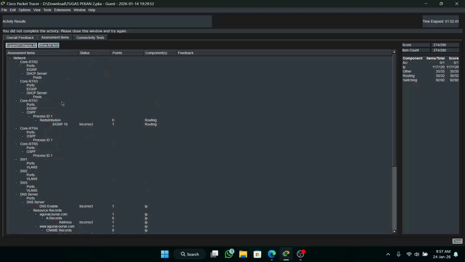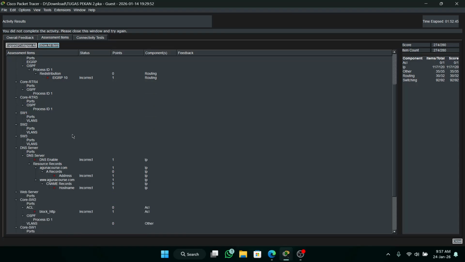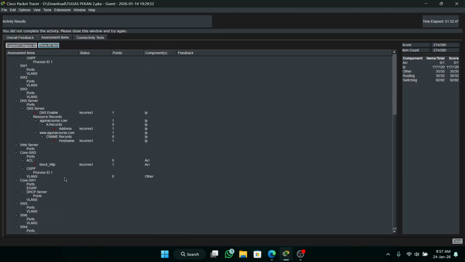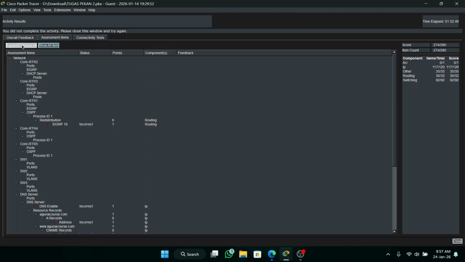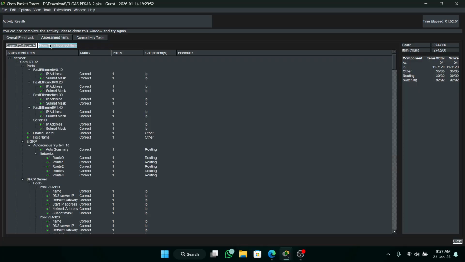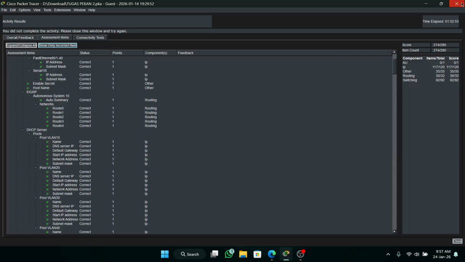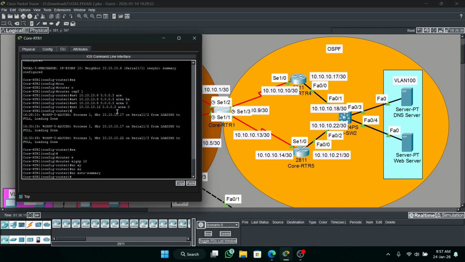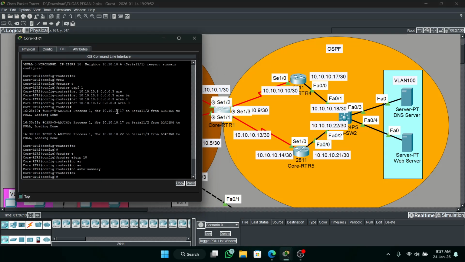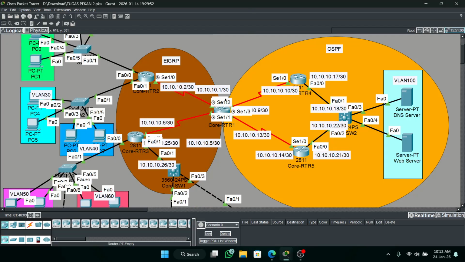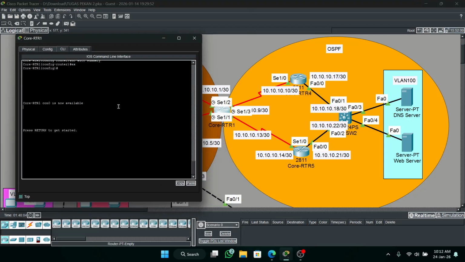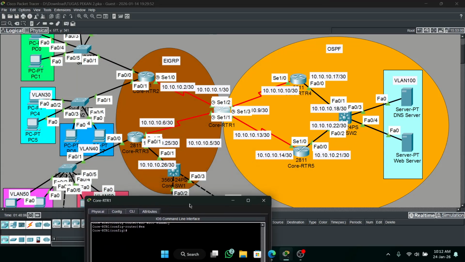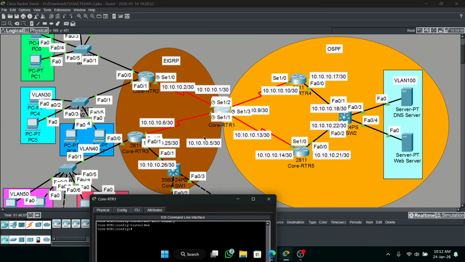So the incorrect items were EIGRP, just redistribution, and DNS and ACL. Okay guys, the next configuration is redistribution in RTR1. What is that?